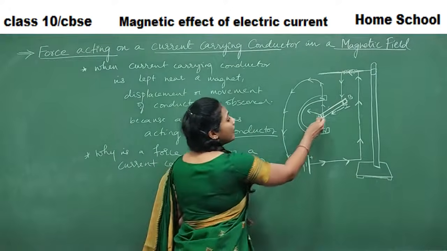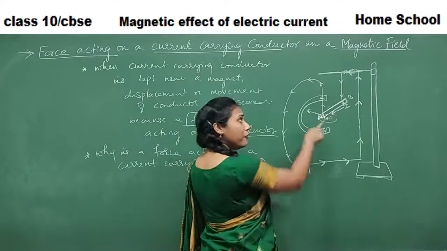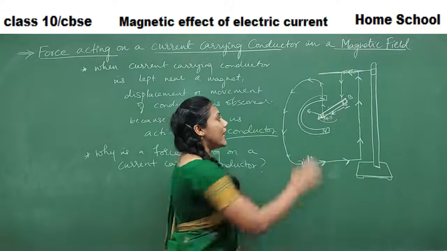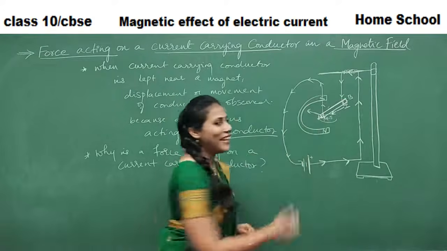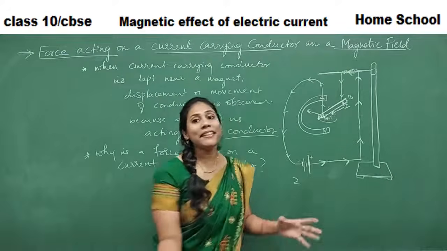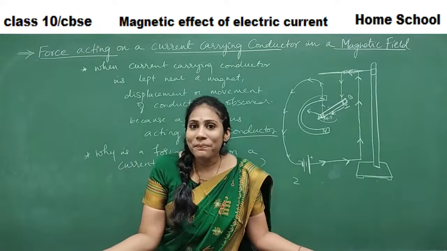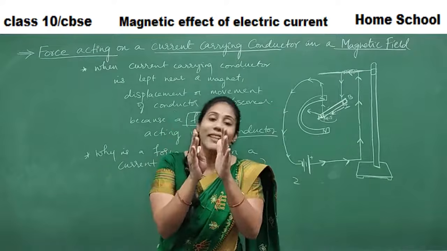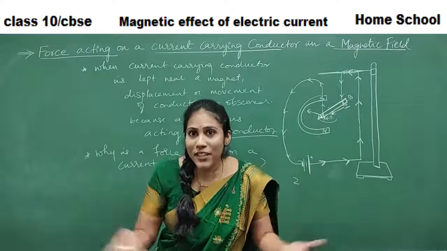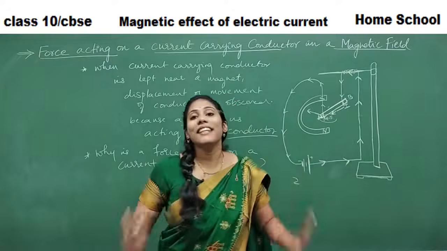Okay, so what happens here? The moment current is passed in this rod, a magnetic field gets generated. So you have two magnetic fields here. One is the magnetic field generated by the conductor. The other one is the magnetic field of this magnet. So two magnetic fields are there, guys. Between the two magnetic fields, definitely you will observe a kind of attraction or repulsion. When I bring two magnets together, either attraction or repulsion occurs. That is the force here, the magnetic force that is acting on the conductor.